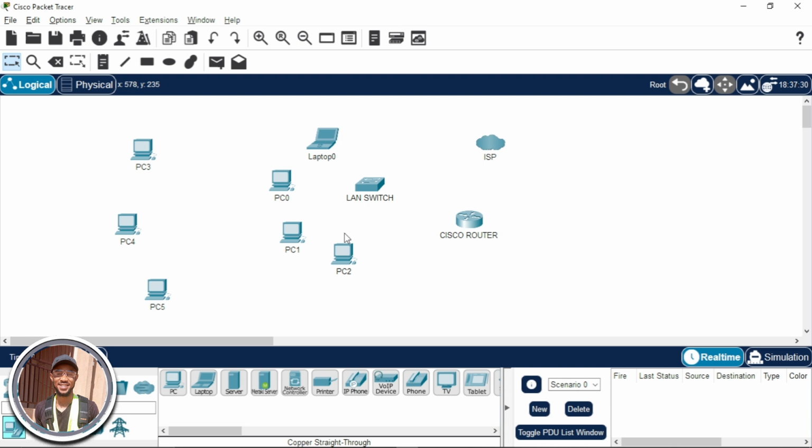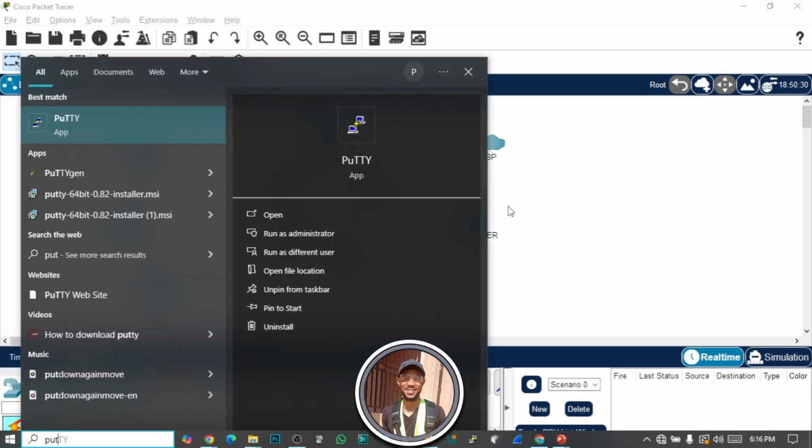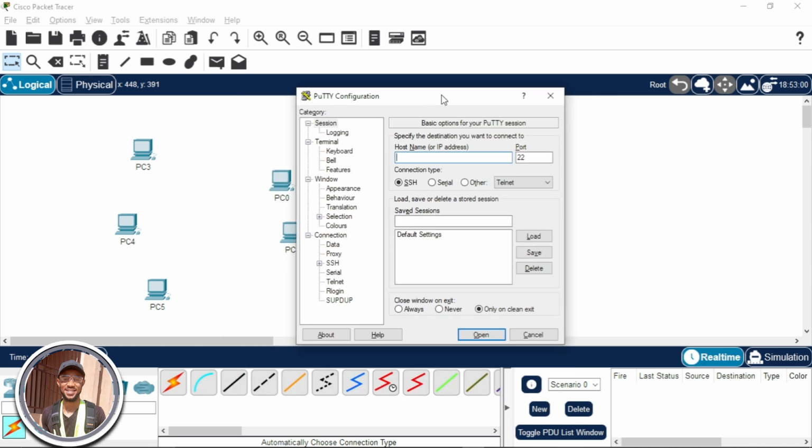Okay, so let's proceed. Now remember, we're going to be connecting this ISP to the router. Okay, but then, like I said, let's do this configuration first. So click on your router. Now if you're on site, you're going to download this software called PuTTY. Okay, let me see if I have it here. Yeah, so PuTTY, you're going to download this software on your system if you're on site, and also you're going to get a cable, a console cable, or they call it rollover cable. Okay, so you're going to get a console cable and connect the console cable to the console port of your